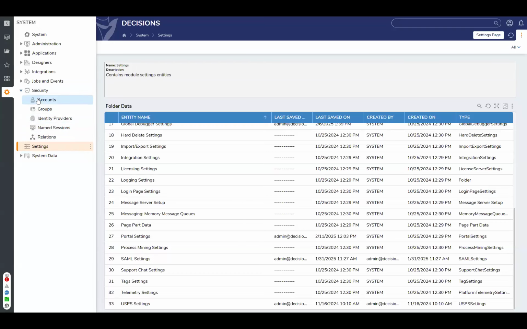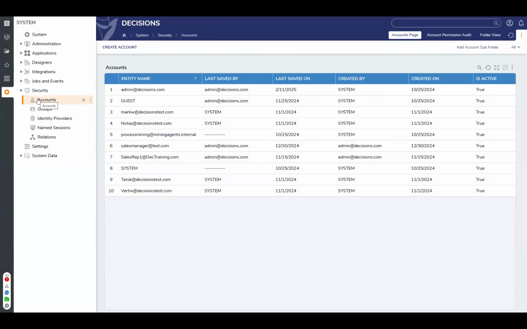One thing to note, and an important one: you typically want to keep at least one admin level password account available in case something happens with the single sign-on provider and you need to get into the Decisions environment. So you don't want to convert all of them. You want to leave at least one admin account that can log in via password in case something needs to be done. And you would add a very particular URL path after your base portal URL that lets you access Decisions from a password login page rather than get directed to the SSO page.